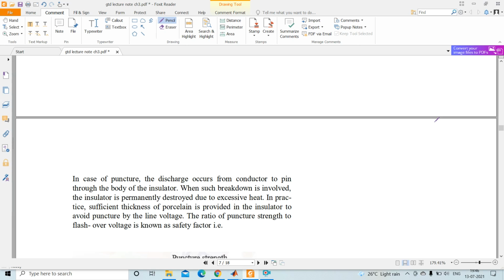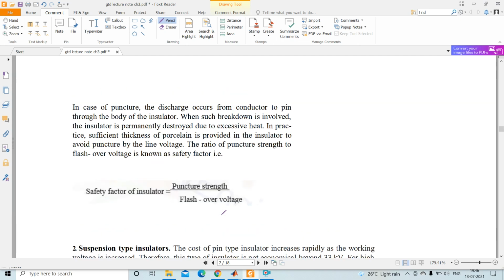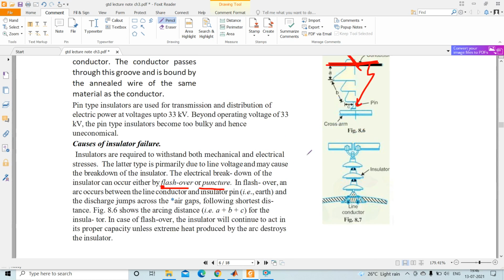The ratio of puncture strength to flashover voltage is known as safety factor. Okay, so the safety factor formula is puncture strength divided by flashover voltage. So what happens in the puncture case? See, when there will be puncture,